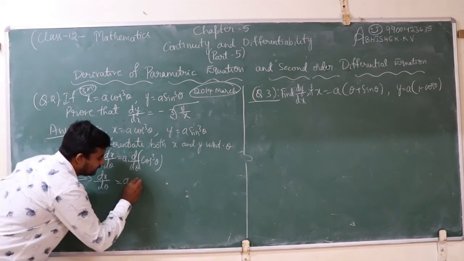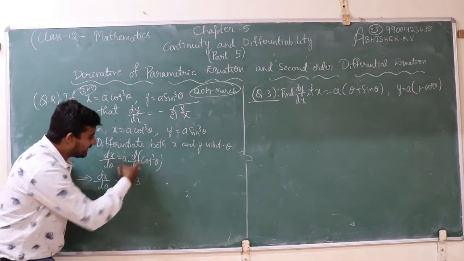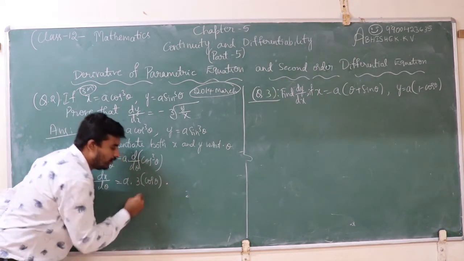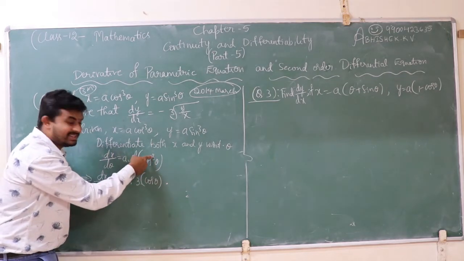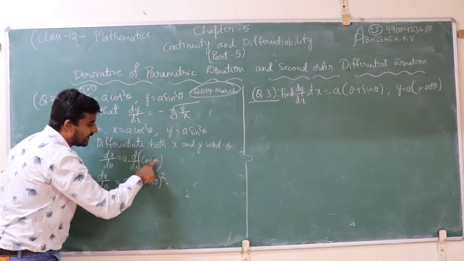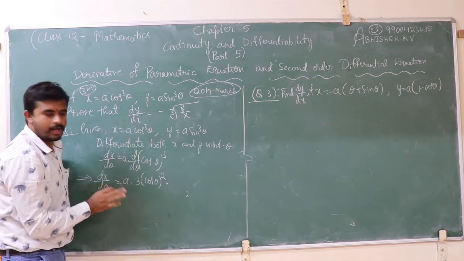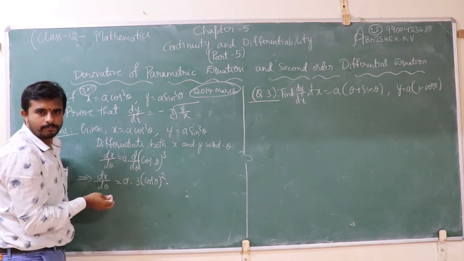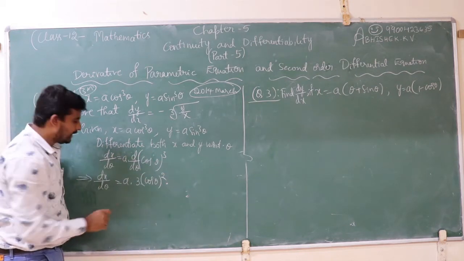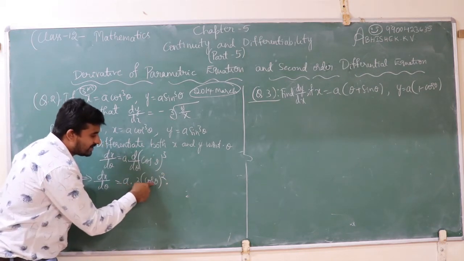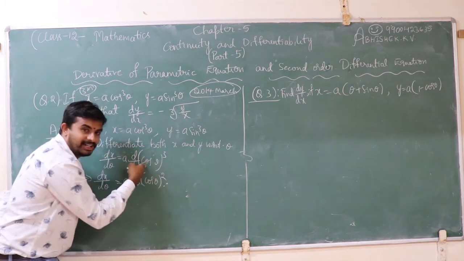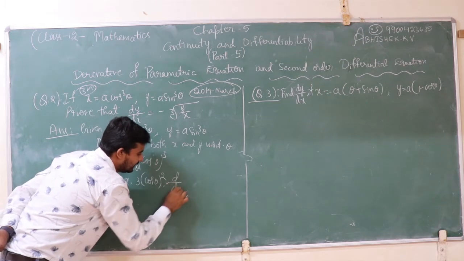So 3 into cos theta whole to the power of n minus 1, that is 3 minus 1 is 2. See, cos cube theta can be written as cos theta whole cube. Is it clear? Then 3 cos theta whole square into, by chain rule, we need to differentiate